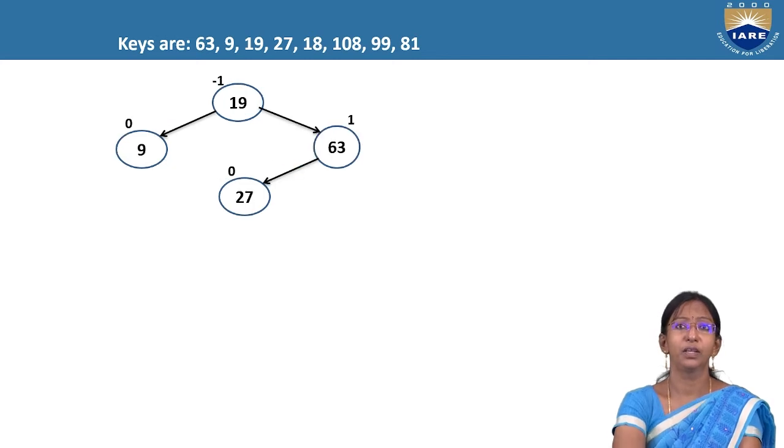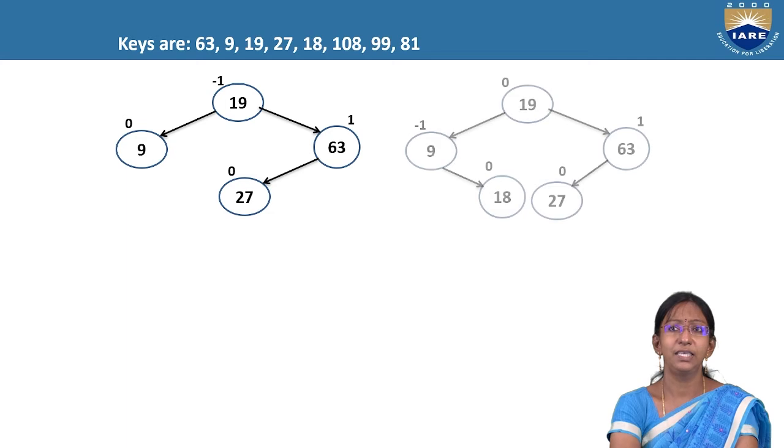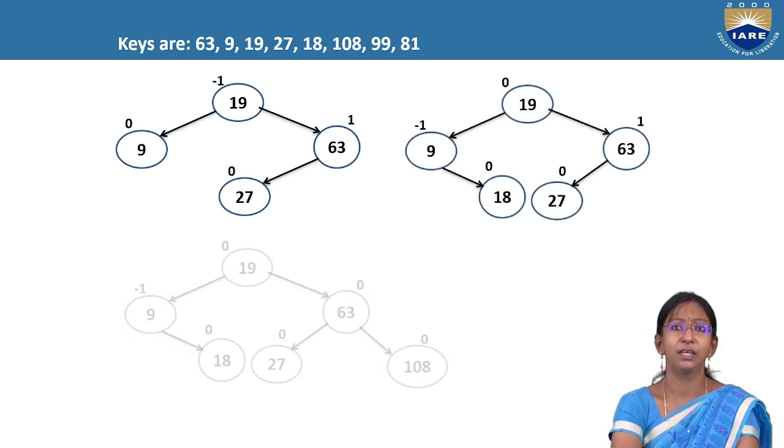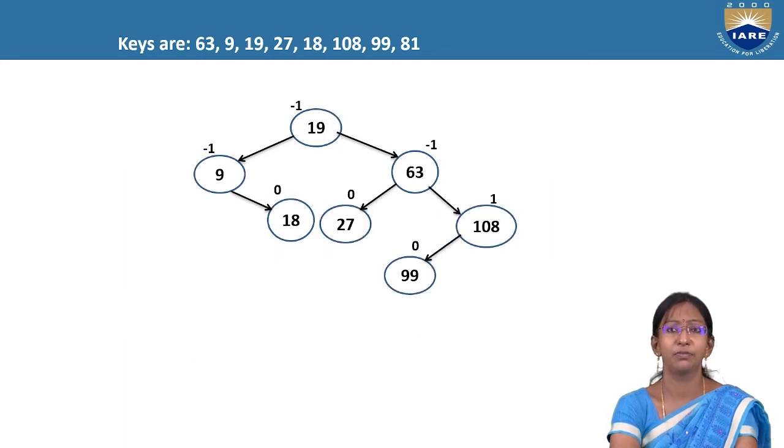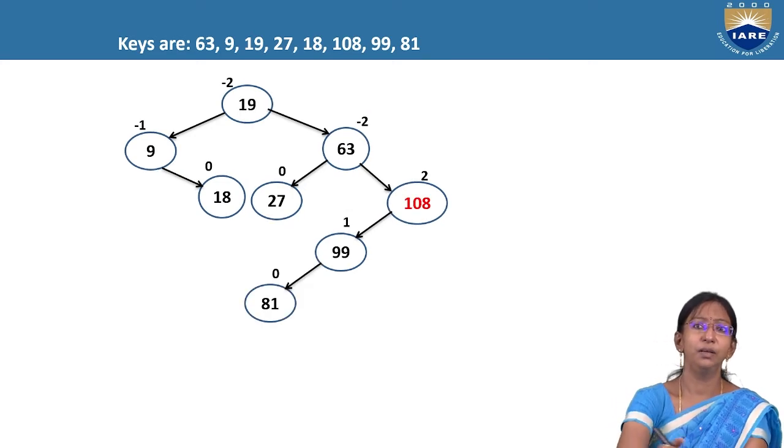Very clear. Next, insertion of 27. Next, 18. Balance factors are fine. Next, 108. Balance factors are fine. 99. Balance factors are fine. 81. See,